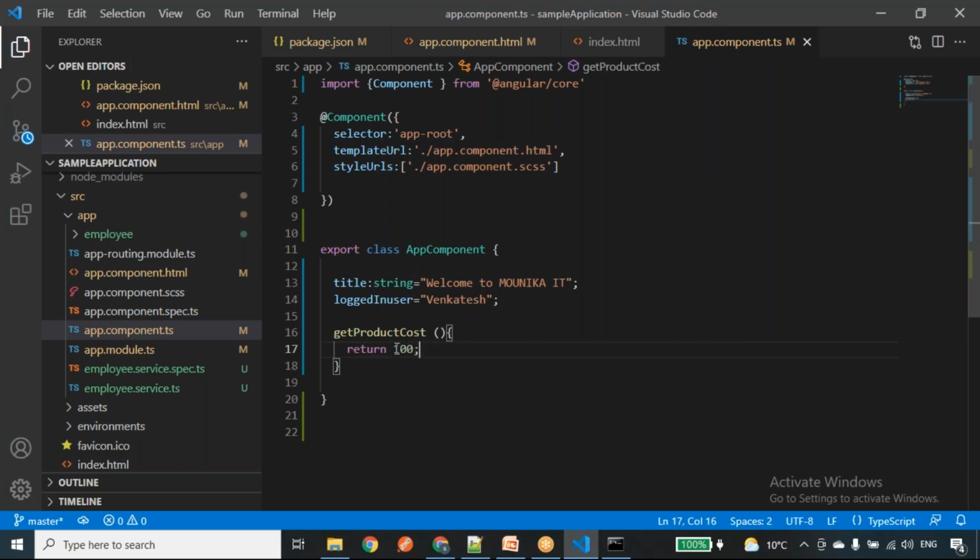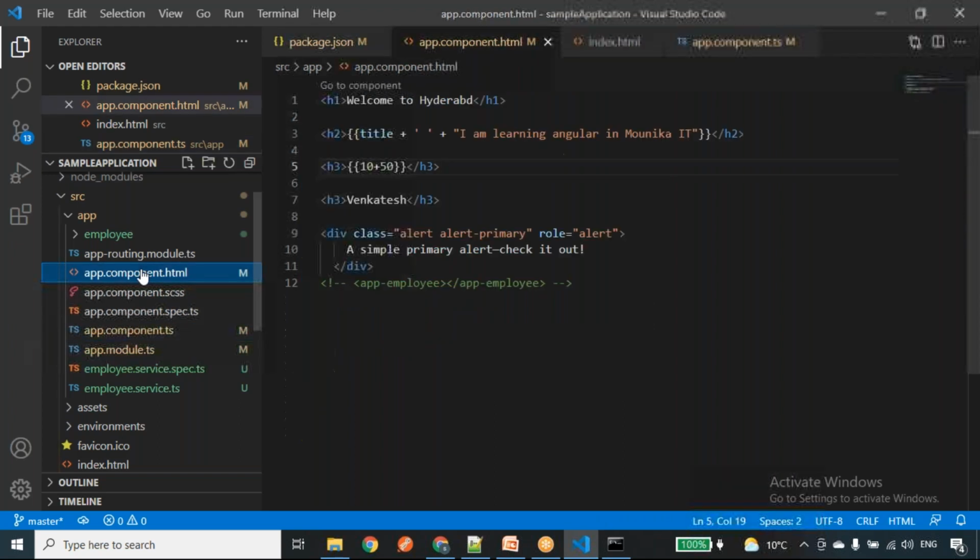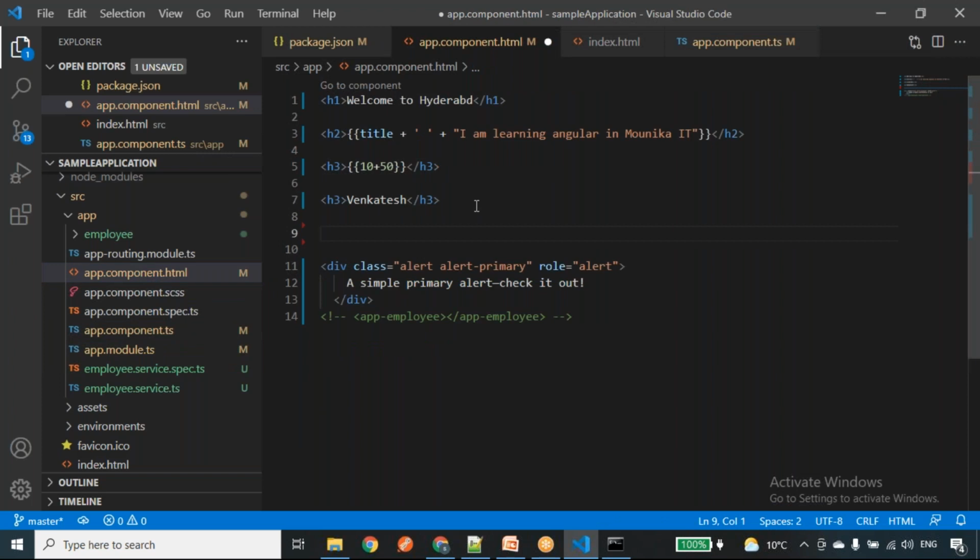Now I want to print this particular value in the view by using interpolation. So we can call this method directly inside the view. In app.component, I'll take an h4, use interpolation with double curly braces, and call that method. This is also possible. In real time, sometimes we need to call these methods directly in the view. So we can do it like this also.